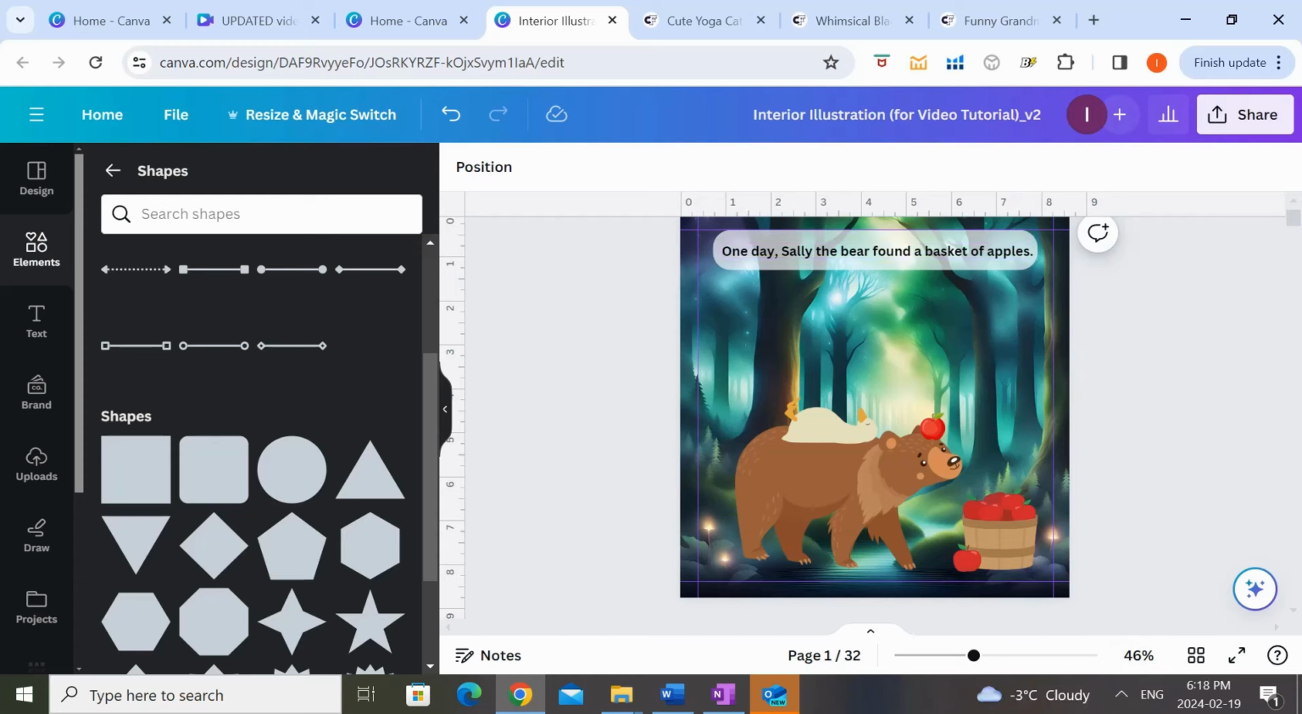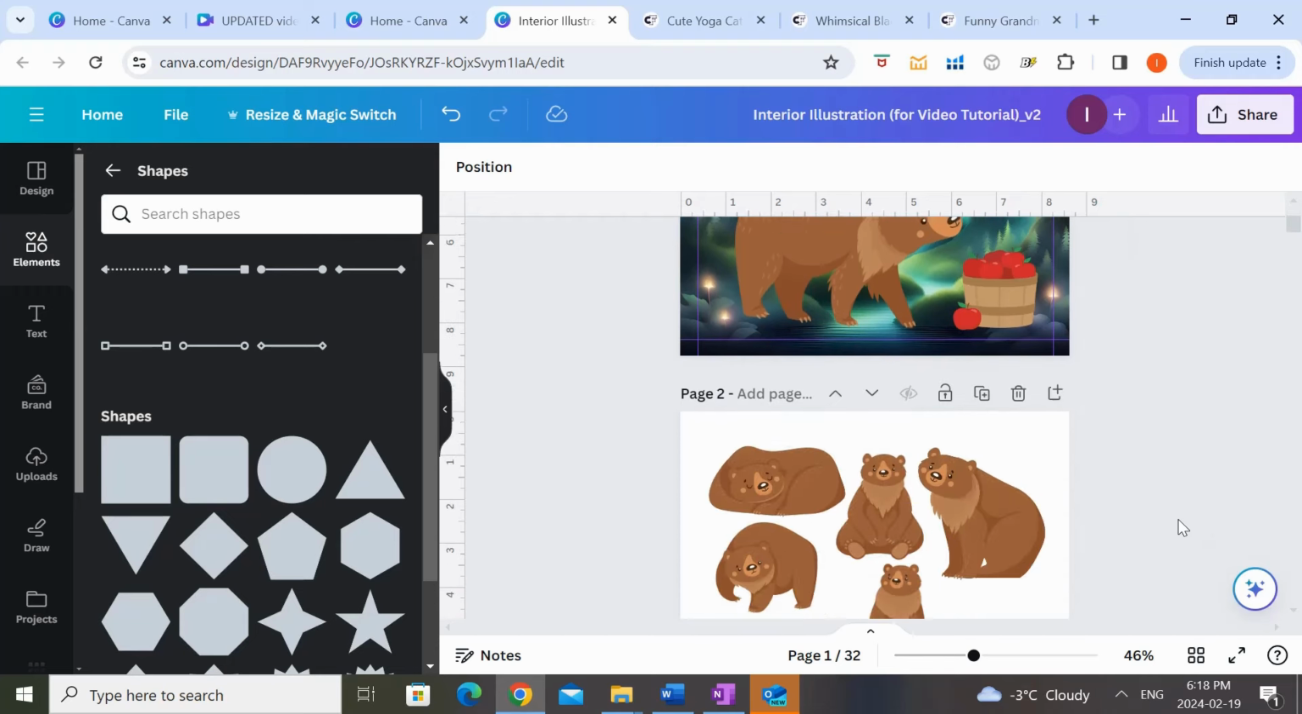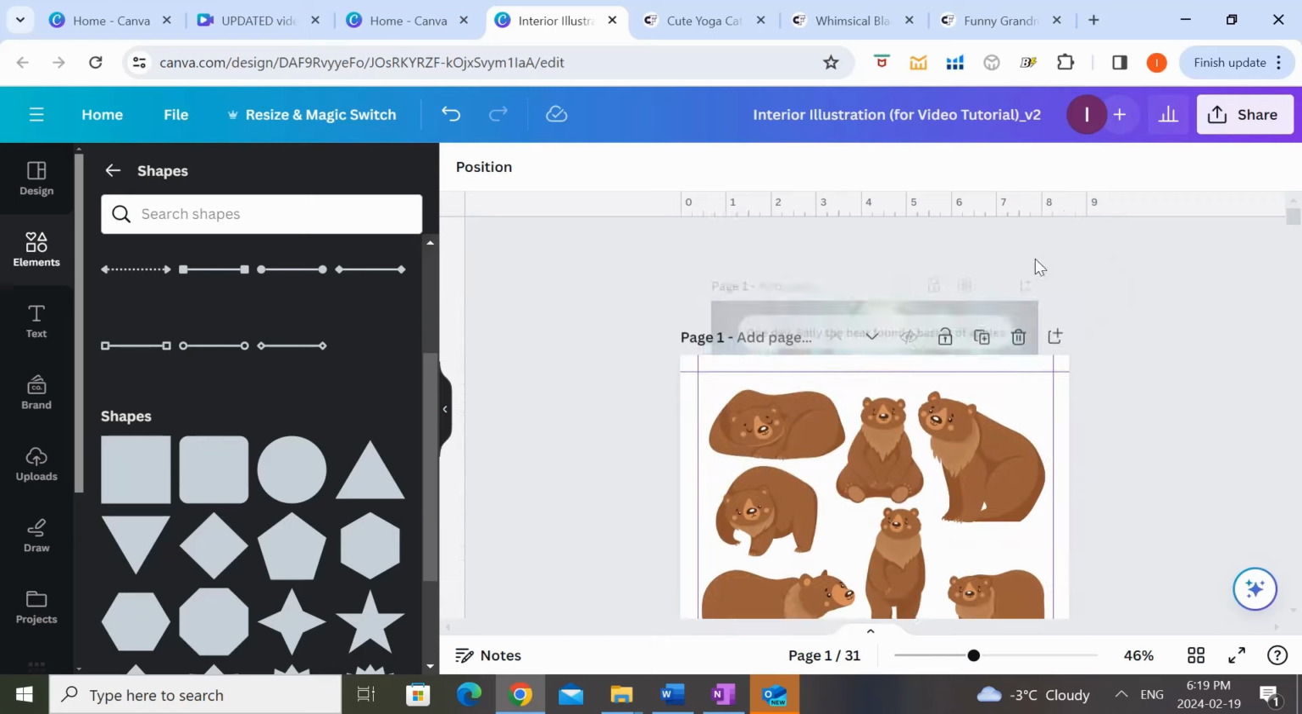So using the same tricks and method that I showed you just now, you will go ahead and illustrate the rest of the pages for your storybook until you completely finish your interior. So once you're happy with the interior, what you would need to do is to download it. So in order to do this, first I'm going to take out this illustration page,